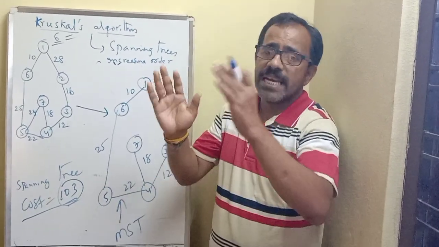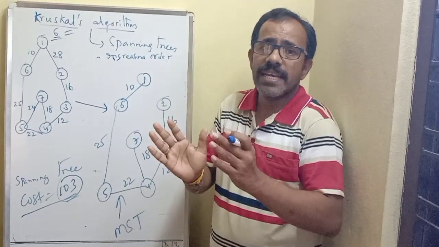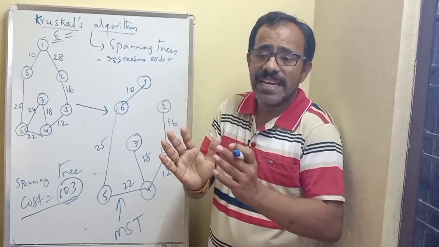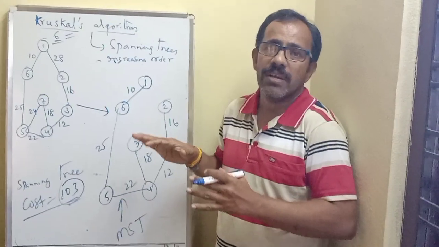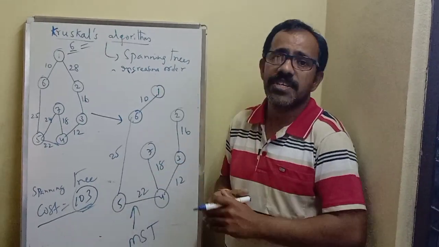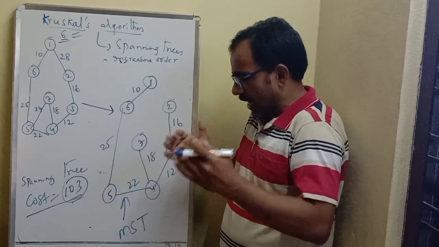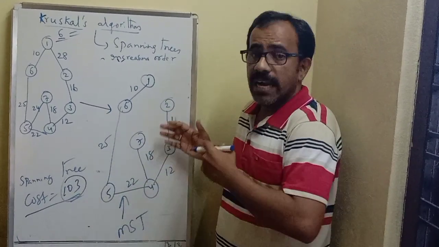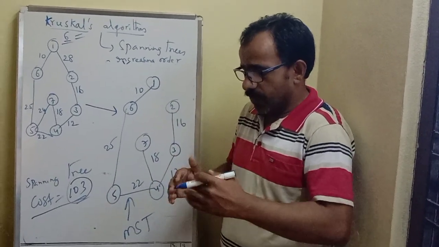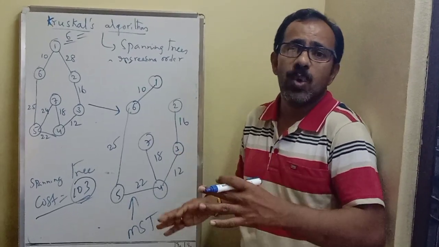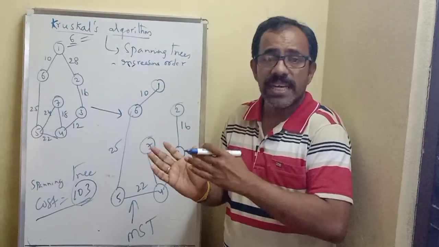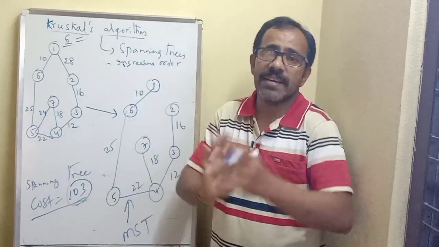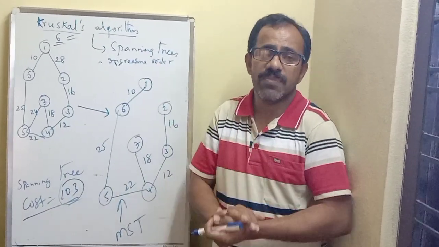For that only, we constructed one set. That set is containing all the edges arranged in edge weight or edge cost increasing order. Then we started selecting from first edge. Like that, we go on adding all the edges and we are discarding from this set. If inclusion is possible, we include it. If suppose inclusion of that edge is forming cycle, simply we are discarding that edge. Otherwise, we successfully include that edge.